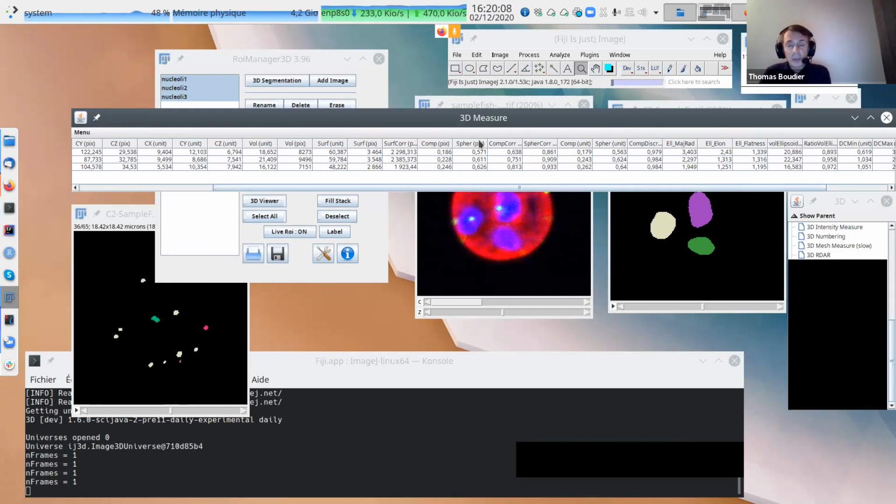When it's very low, it means the object is quite far from a sphere. Compactness and sphericity are related, don't worry. We can compute this using the pixel value, the unit value, or the corrected value, so there are many ways of computing this ratio. We have 3 different surfaces, so we compute 3 different compactness values.